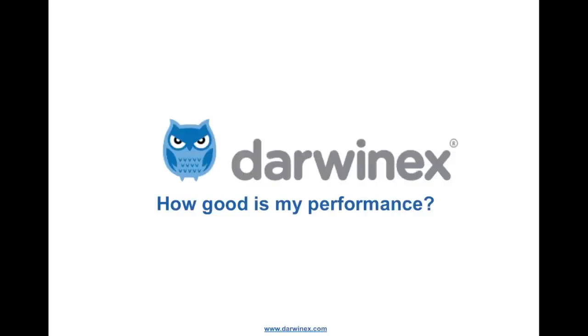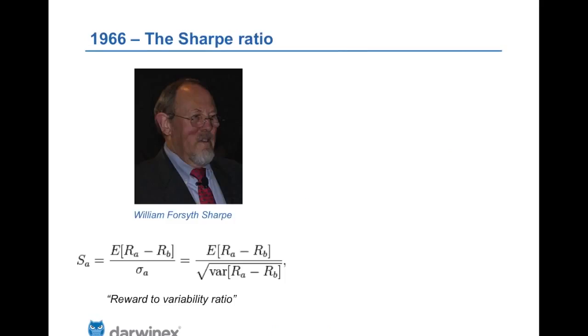If you're watching this video, it's probably because you're serious about your trading. And if you're serious about your trading, very likely you've tried to think of how well your performance stacks up against the performance by other traders. If you've gone through that process, very likely you've come across the Sharpe ratio, invented in 1966 by William Forsyth